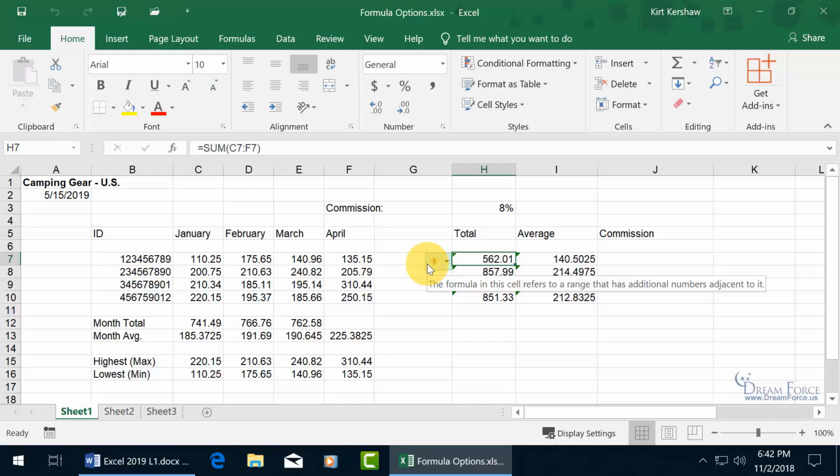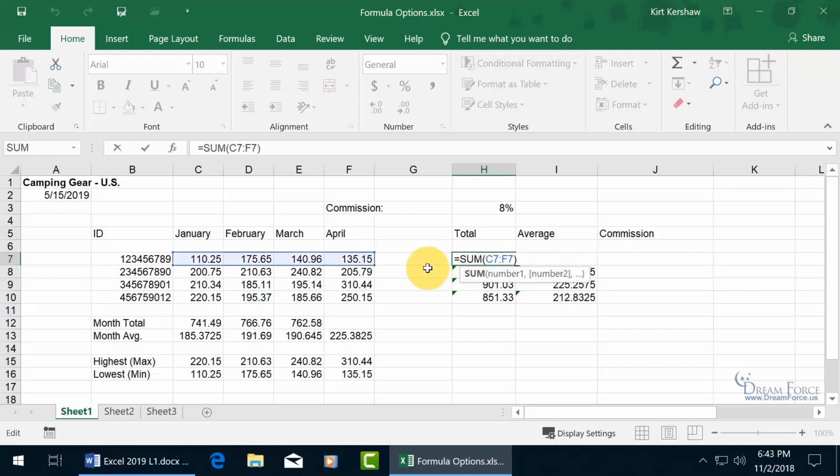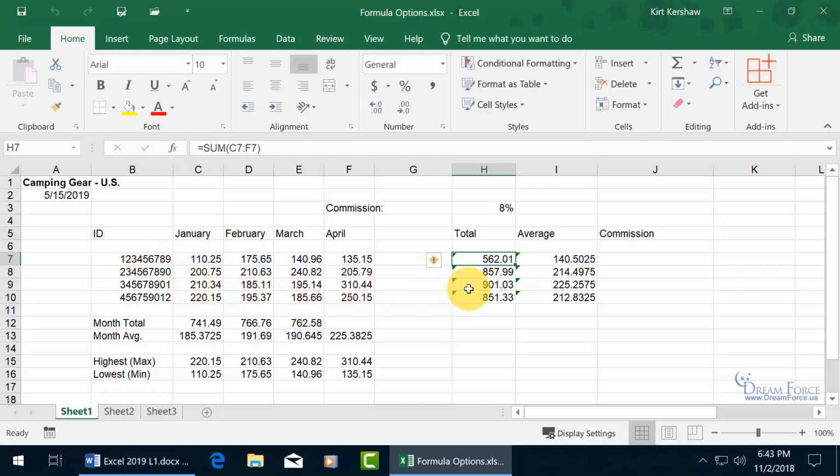So Excel's concerned that if I double click on it, in its graphical selection here, you can see that we've got a number to the left of it, and also down below it, and it's concerned that we're missing that number. So let me hit the escape key. You can click on the drop down arrow and say we'll just go ahead and ignore it,